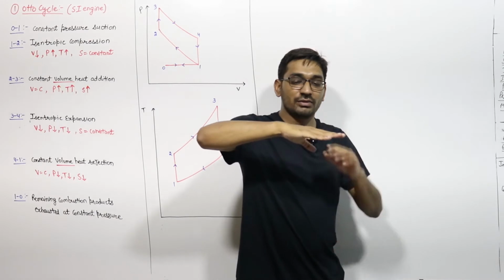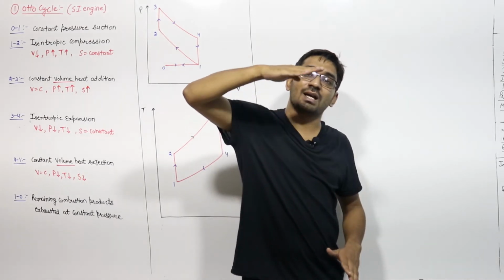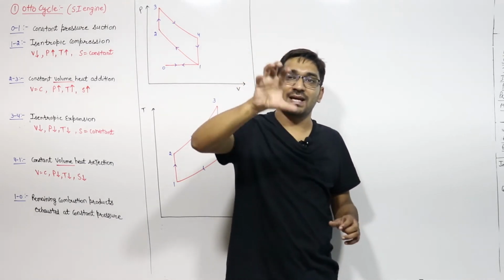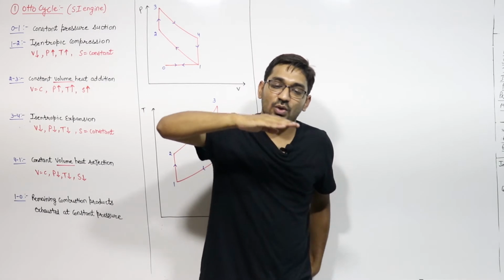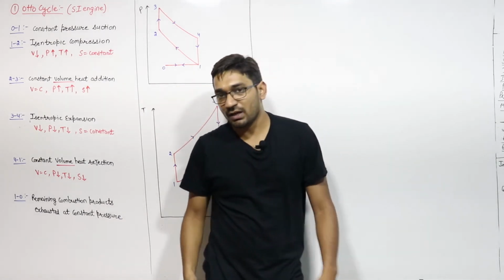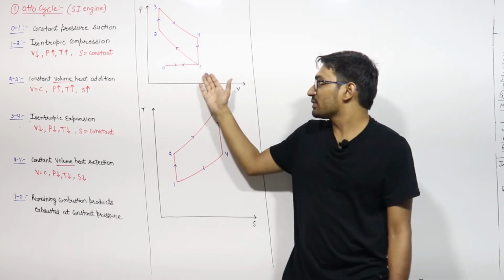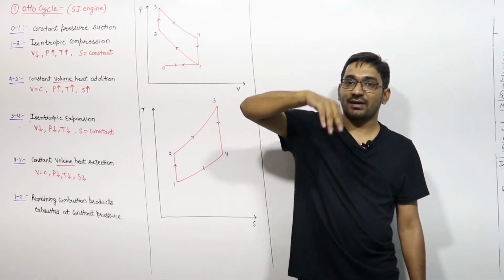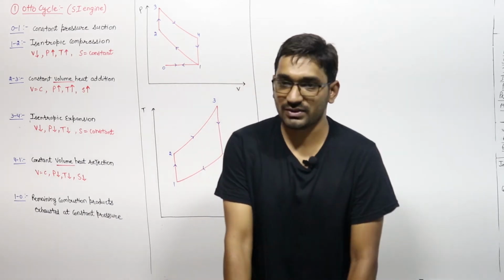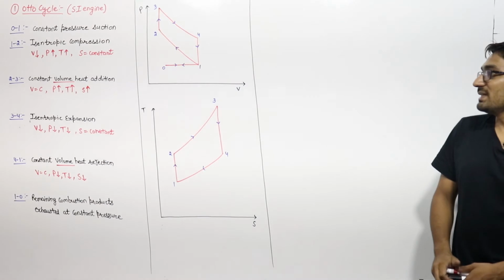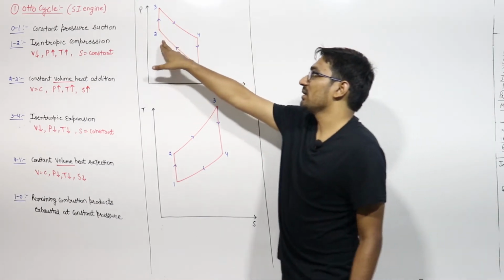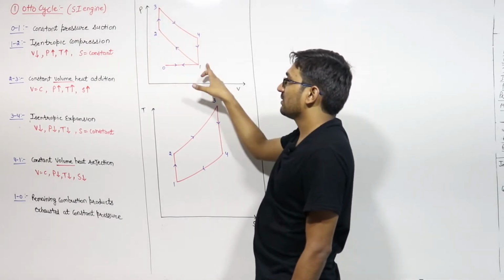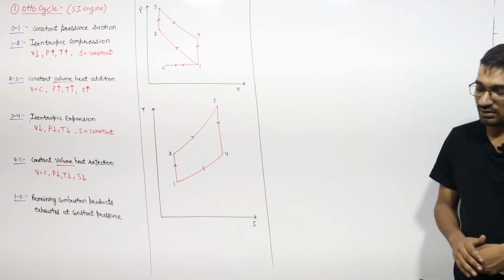But now when the piston starts going in the upward direction, it pushes the extra gases which remain in the cylinder out to the surroundings. So that is process 1 to 0, right? And this will occur at constant pressure because the outside pressure is constant. So this will be the cycle: isentropic compression, constant volume heat addition, isentropic expansion, constant volume heat rejection, right?